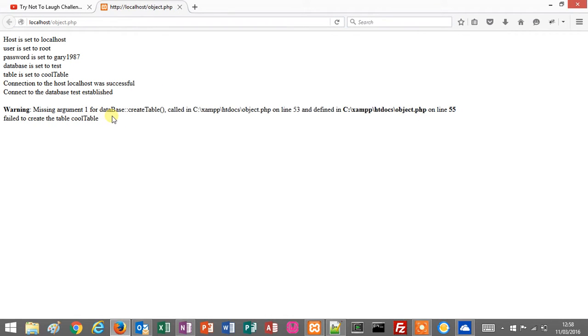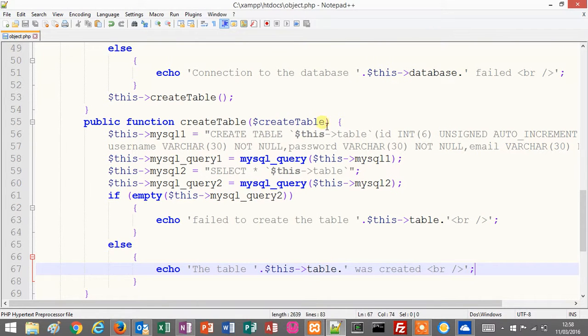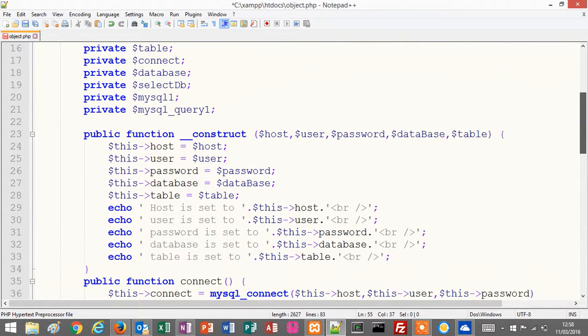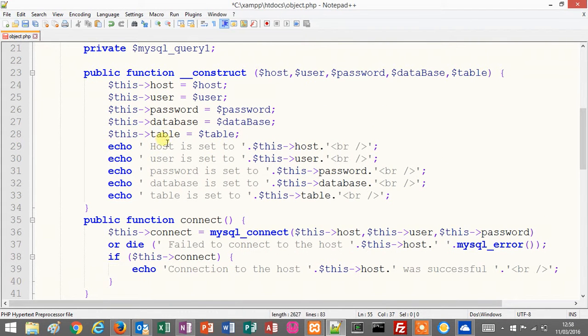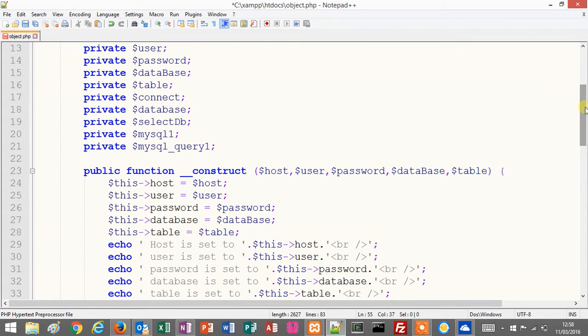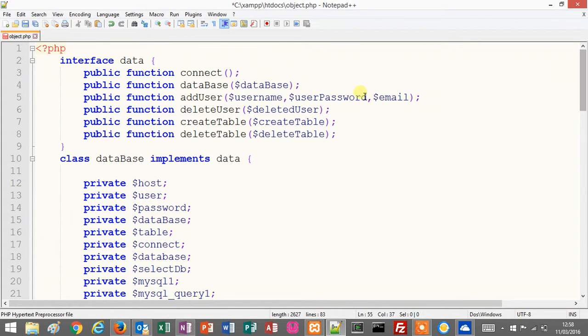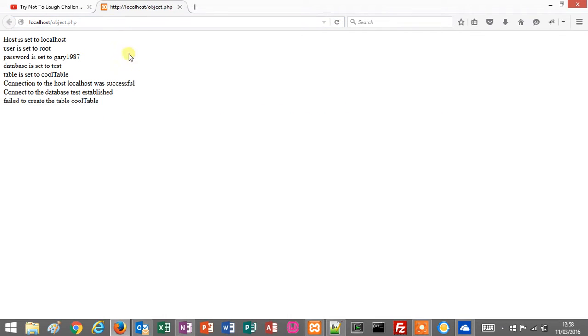Missing argument for database. Does create table, we don't need it to pass a, that's wrong. We don't need it to pass a parameter, because the parameter for table, this table, was already set in the constructor. So we have to get rid of that from the interface as well. So yeah, that can go. Let's run that again. Yeah, and it's done it. So yep, this is it. These parts here have been set by the constructor, where it's saying host is set to localhost, user is set to root,